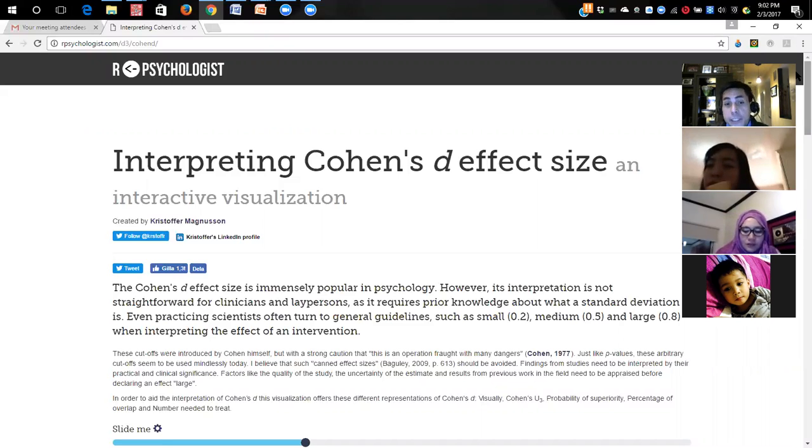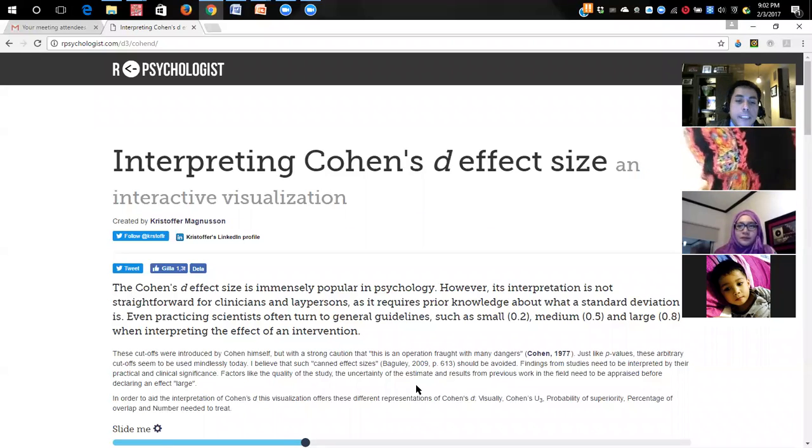This is immensely popular, as you can see here, but its interpretation needs to be treated with some caution, because even the developer of this statistic said in his publication in 1977 that there are many dangers in the interpretation of Cohen's d. After all, these are all probabilistic. So these are the general guidelines: